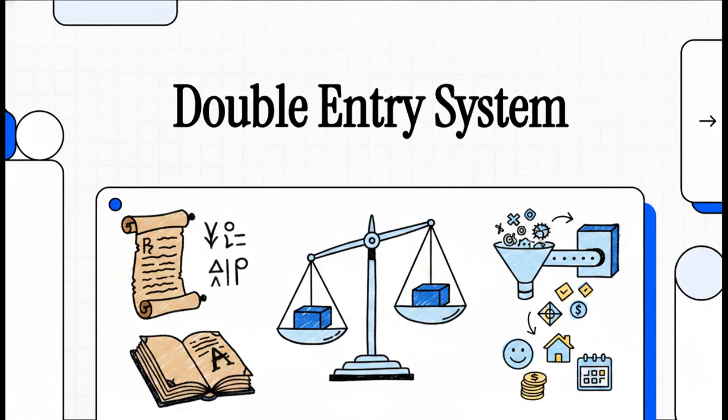So, you know that feeling when you look at a company's financial records and it honestly feels like you're trying to decode some ancient, indecipherable language? All those debits, credits, ledgers, it can seem incredibly intimidating. But what if I told you that the whole foundation of modern business isn't actually a complicated math problem at all? It's really just a simple, relatable story of universal balance. Today, we're going to break down these seemingly complex accounting rules and translate them into everyday concepts that just make sense.